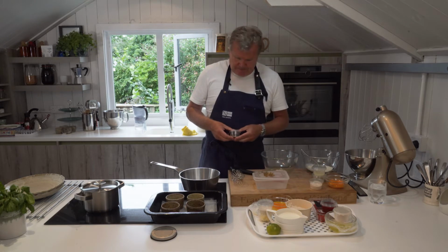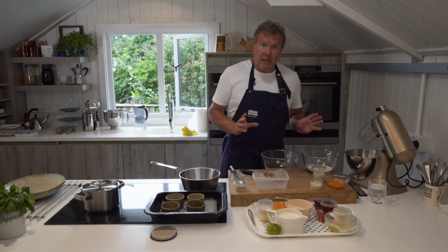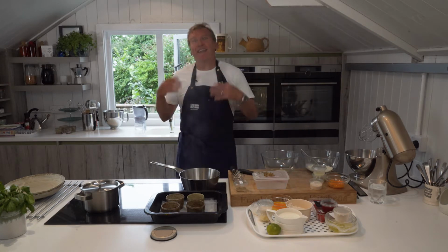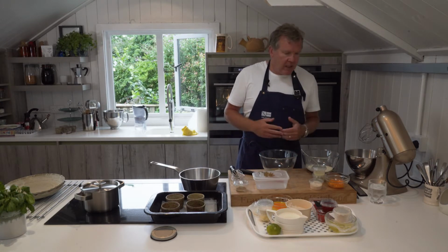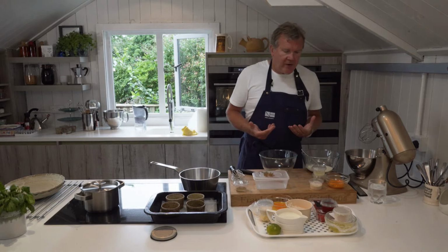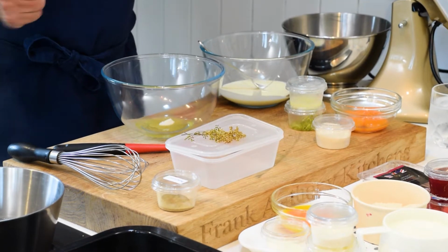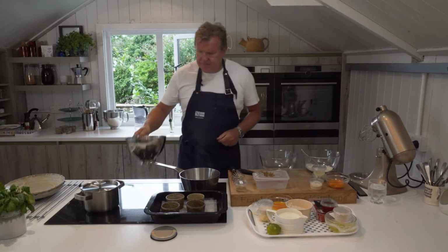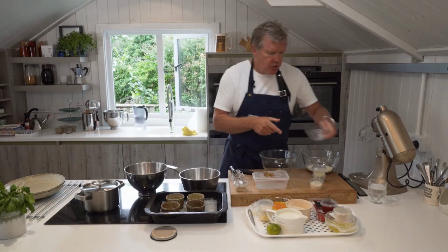Okay, so there's 3 parts to the pudding. We've got to make an ice cream, and there's a bit of Italian creeping in here, which I like. A Semifreddo, and it's a lime Semifreddo. Semifreddo means, in essence, semi-frozen. But it's sort of like a parfait, which means we have to use egg yolks and sugar and make a sabayon. And you all know what a sabayon is? Here we go then. We're going to make the parfait with 3 egg yolks from our lovely free-range chickens,